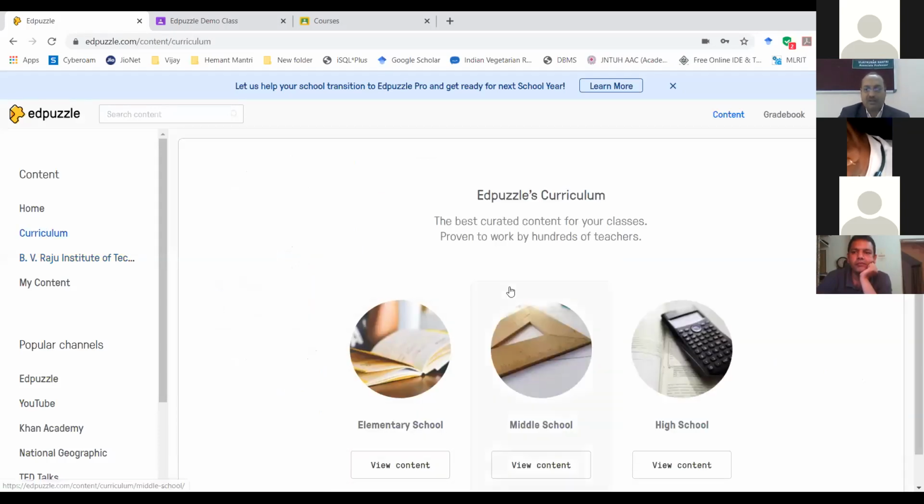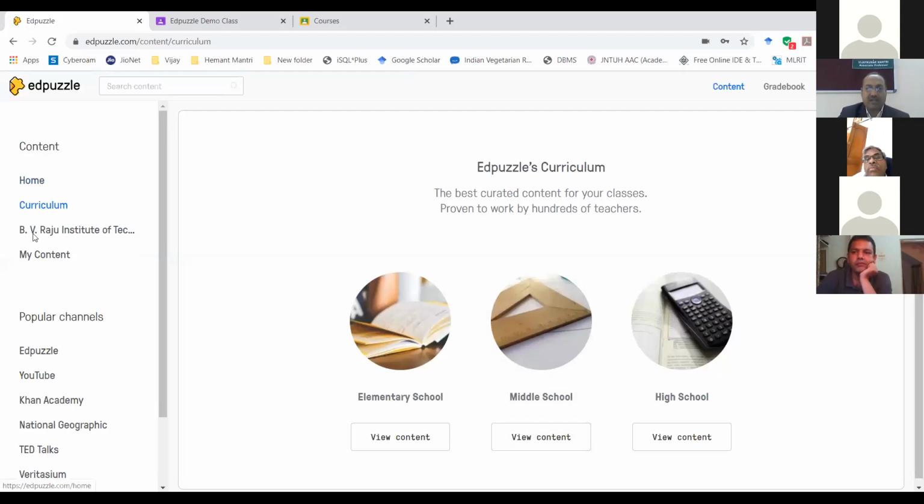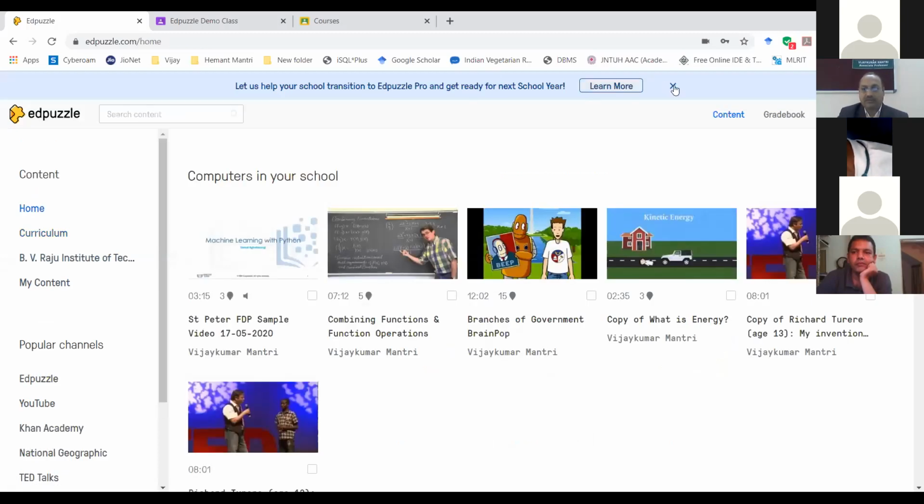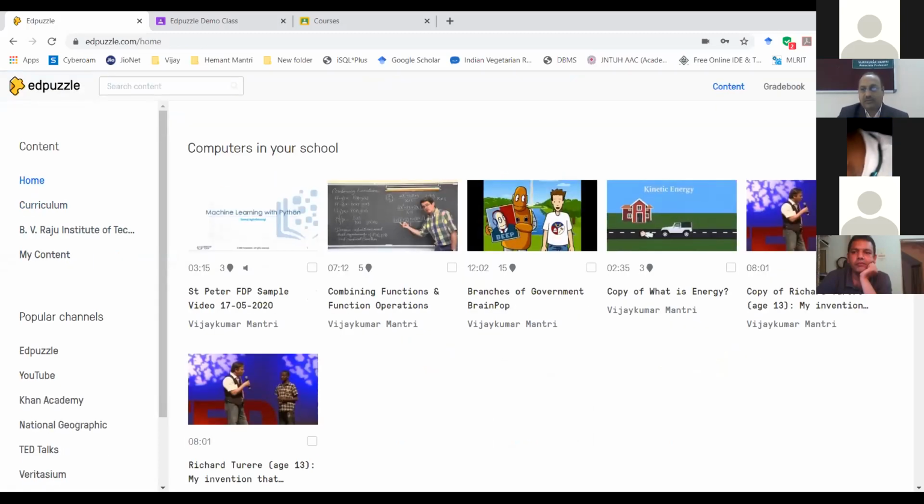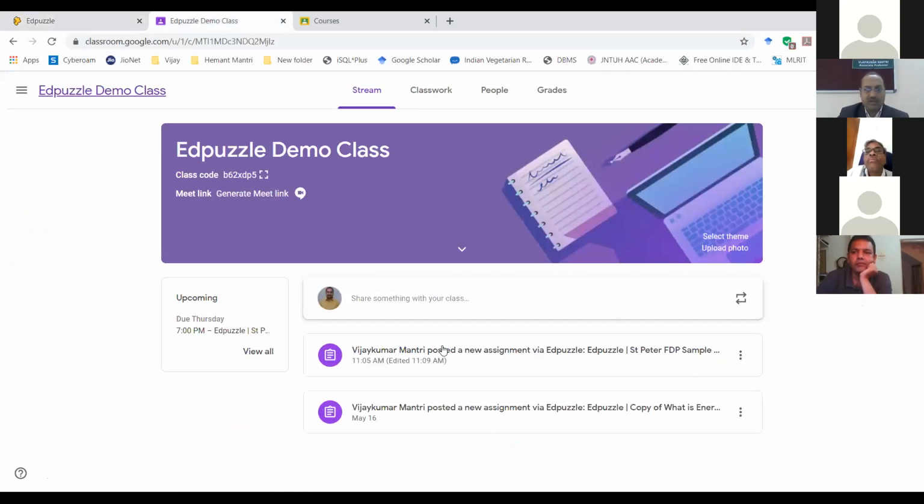Curriculum and all those, so many parts are there. I'm not going to explore this part more presently, but you can explore all this as per your requirement, as per your space. So what are the points there? You can see here once again progression, all these parts are there.